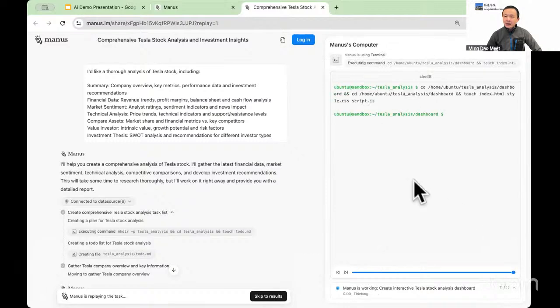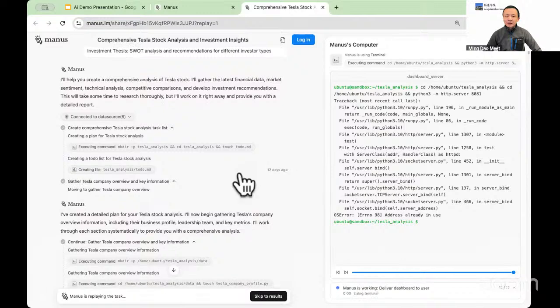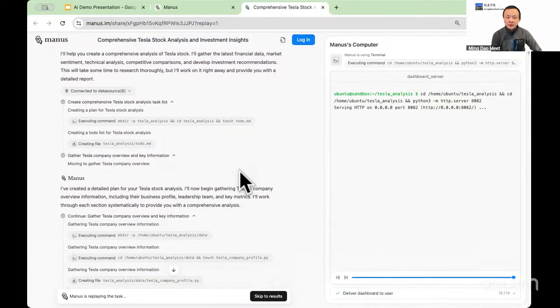They have a high-level plan on what to do when they want to do this research, in terms of looking up the Tesla stock performance, their fundamental performance, the comparable industry, how other companies do.